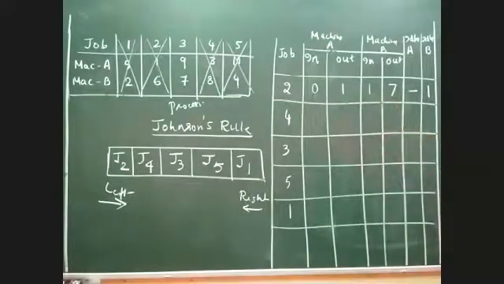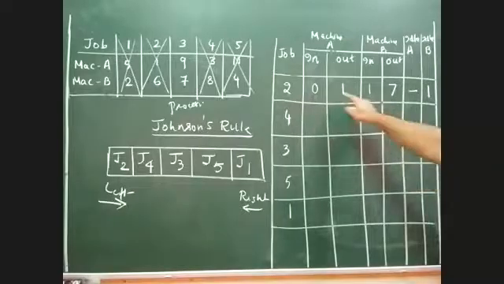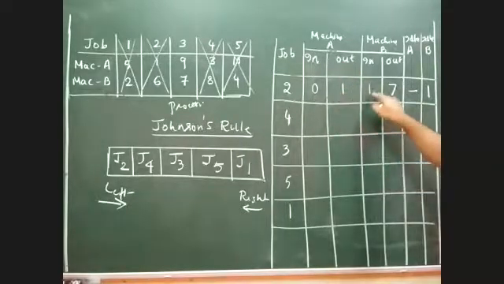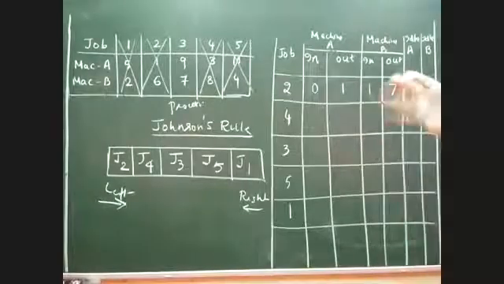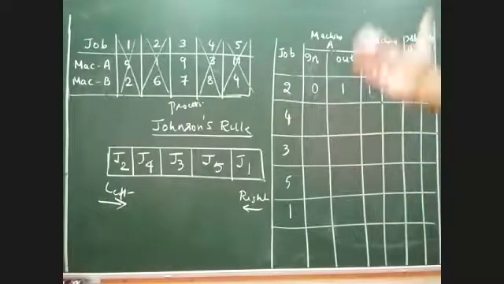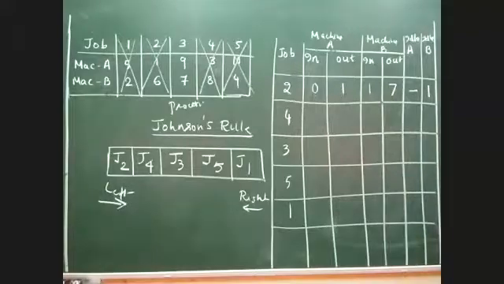Why did the job start at 1? Because unless it is completed by machine A, machine B will not have the raw material. Machine B gets nothing until that process is complete. Only after it is completed will it start working on it. Are you getting the point now, everyone? Did you all understand how I got the idle time of B?